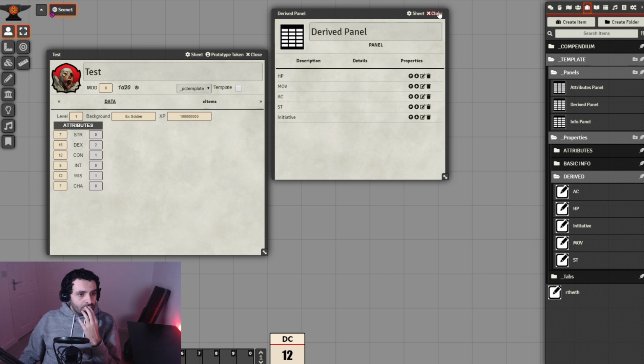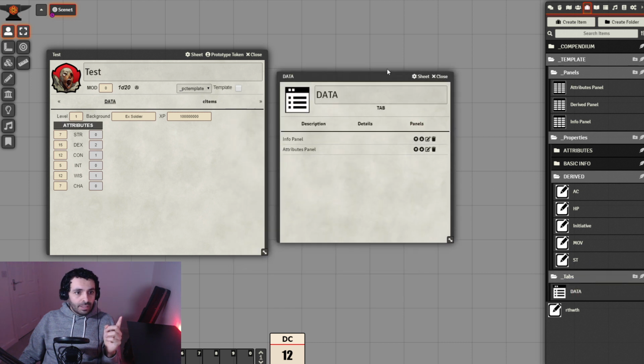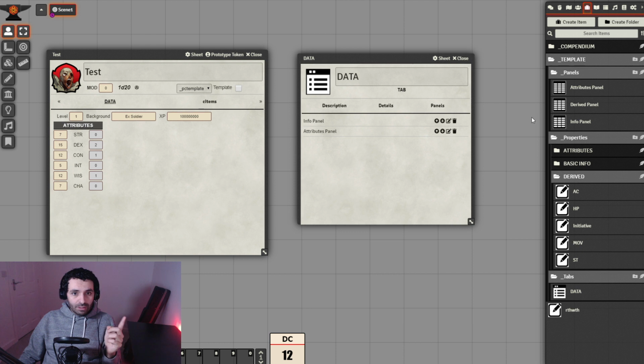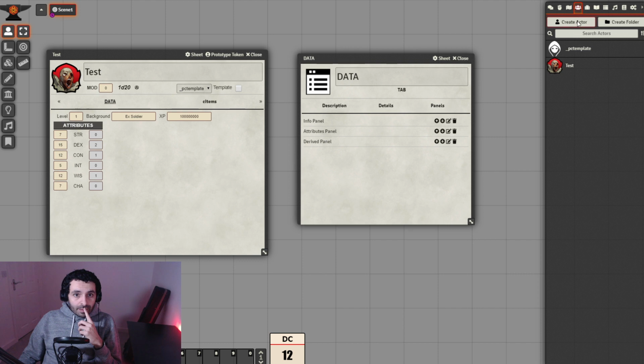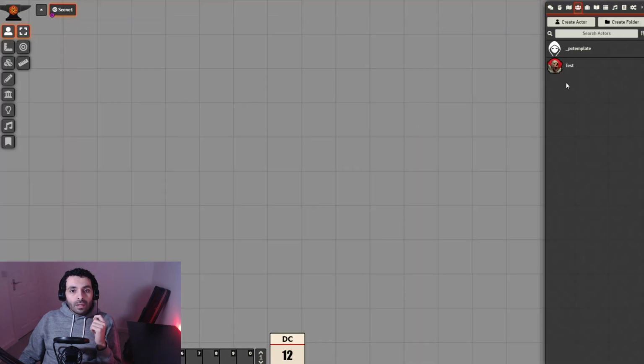All right. So if this is 1/4, this one is going to be 1/4. I need to add it to the tab, because in our tab we have info panel, our attributes panel. We're going to include the derived panel, and let's go back to the template. Boom. Okay, as you remember, every time we change the template, we have to do that strange trick with our characters, with our existing ones,